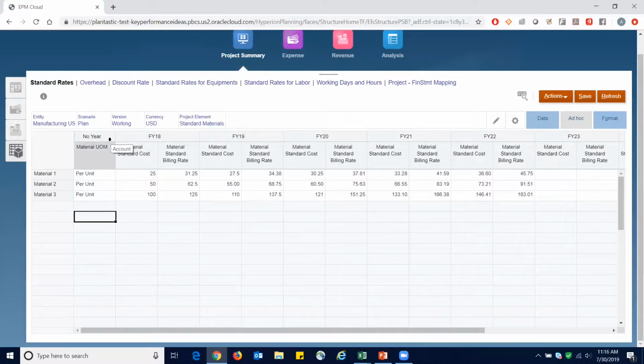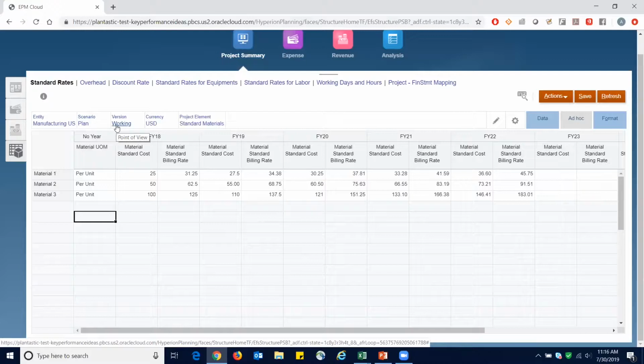The second thing I want to highlight is that this is a very useful place for you to really create various circumstances or various scenarios that you want to look at. So we would recommend you utilize either the version or the scenario dimension for this, but you can create various different versions. So you can have a best case, a worst case, maybe a medium case, and compare the financial outcomes from